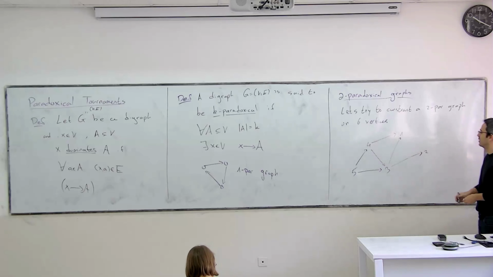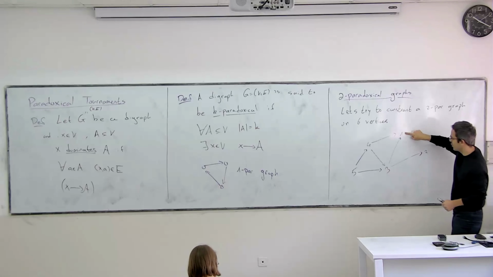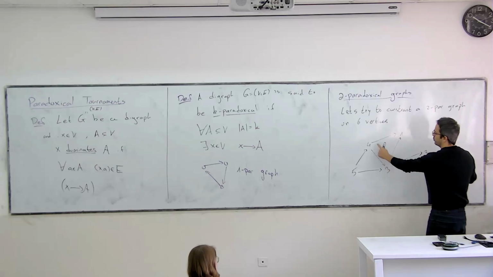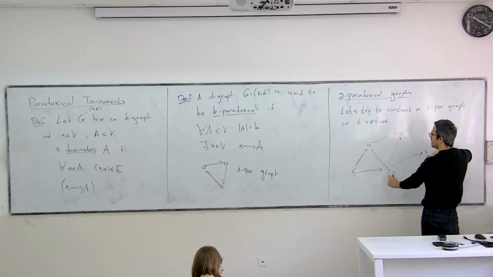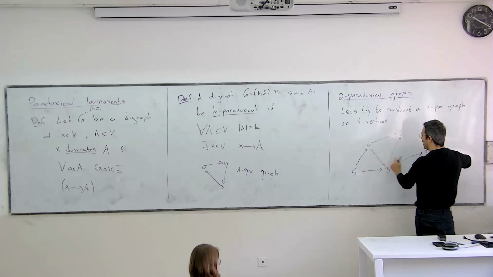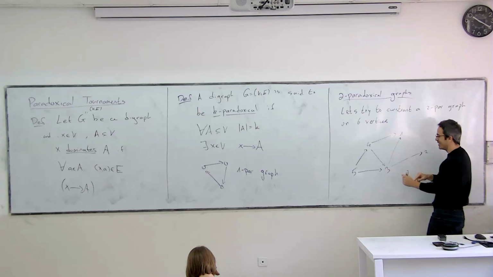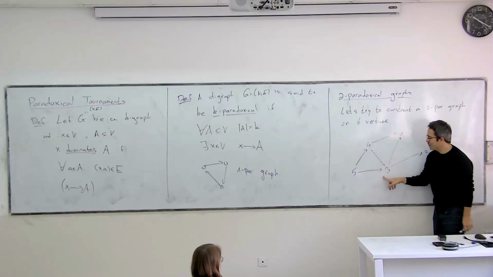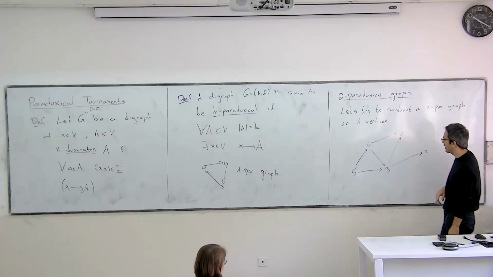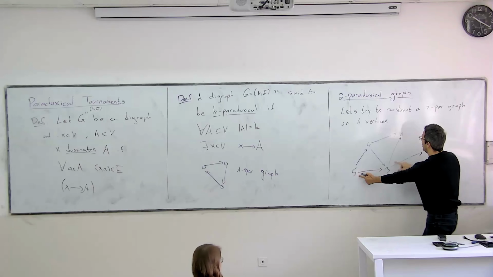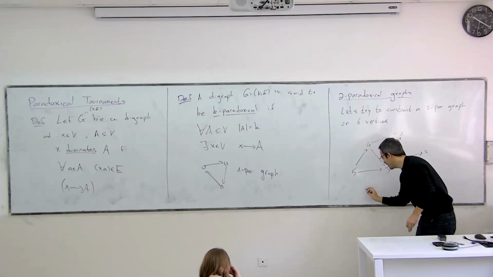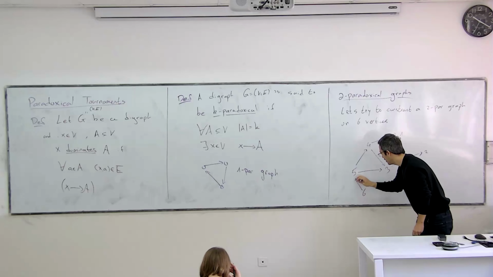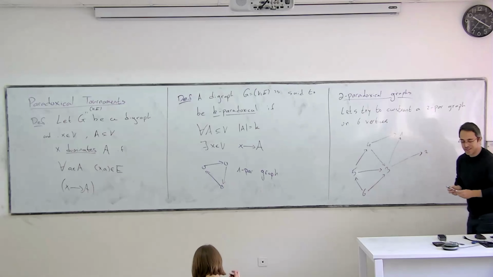Now, 5 and 4, someone needs to dominate them. It cannot be 1, because 1 loses to 4. So you say 4 and 5 can be dominated by 2. So let me not do that. Let's go to 5 and 3. No one can dominate them, because 2 loses to 3, 1 loses to 3, 4 loses to 3, but it loses to 5. So let's add a 6 here to dominate 5 and 3.